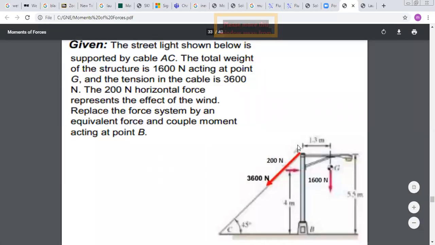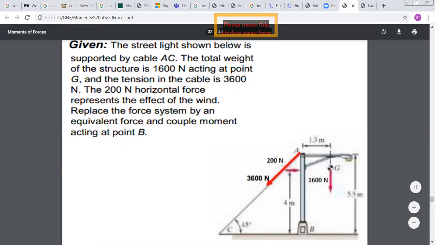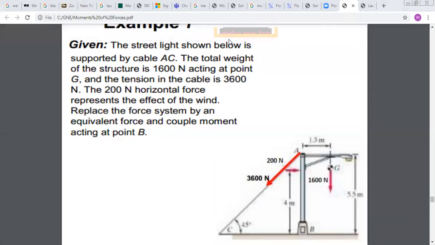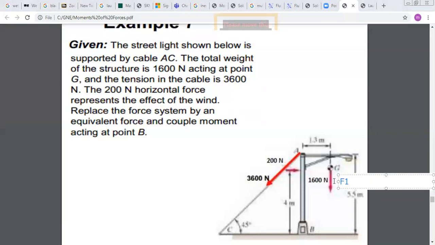Whenever you have an object subjected to several forces, you can try to reduce your system to one force. If you want to reduce your system to only one force, the condition is that the sum of forces in the two systems should be the same. So here you have several forces. If you want to find a representative force for all, this force should be equal to the summation of these forces. So here, let's say this is force 1, F1, this is F2,